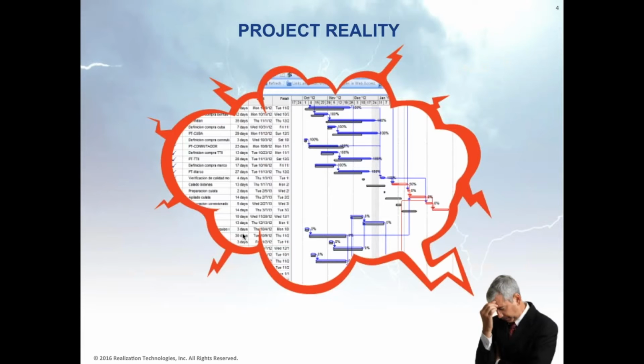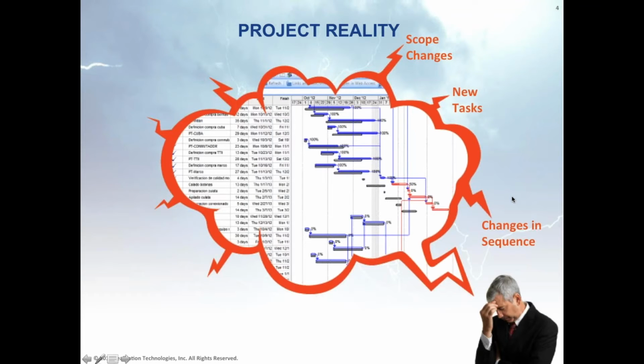The challenge, of course, is that in projects, everything is in constant flux. You can create a very nice project plan on the front end, but almost as soon as the plan has been created, you start experiencing changes. You have scope changes, which means the entire structure of the project can change. You might have new tasks that need to be done. So the scope remains the same, but you have new tasks that need to be done to accomplish the scope.